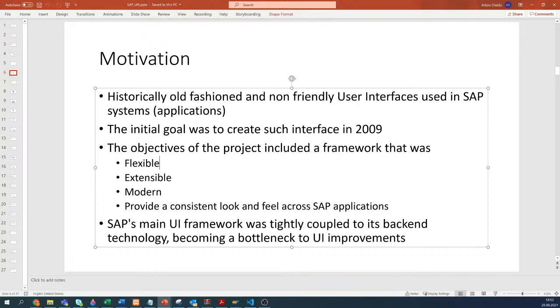And the goal was to make this framework flexible. Yes, so it means that it can be used for many different types of SAP applications, and also for different systems, to make it extensible. So it means that, in fact, you'll see that